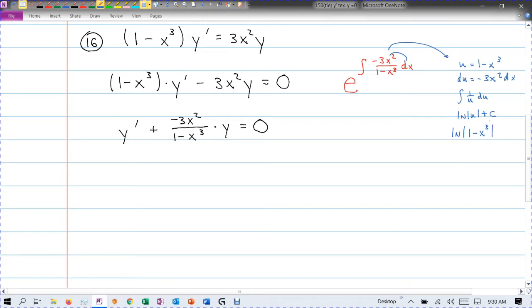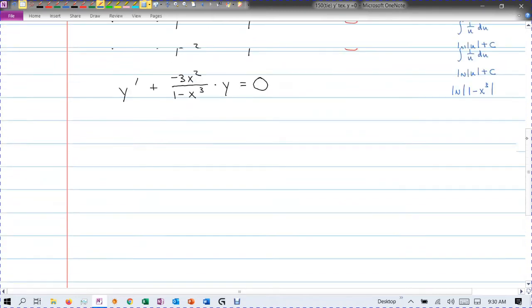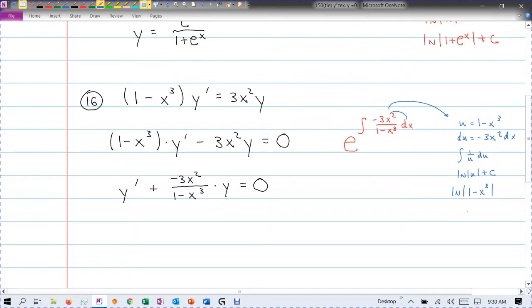All right? So since we're dealing with that, we've got to make sure that 1 minus x cubed is always going to be positive. There are different ways to look at this. One way would just be to look at it as a function, like a graph. That's just the x cubed function, but it's reflected because it's negative. It's negative x cubed, and then you're adding 1 to it. So when you add 1,